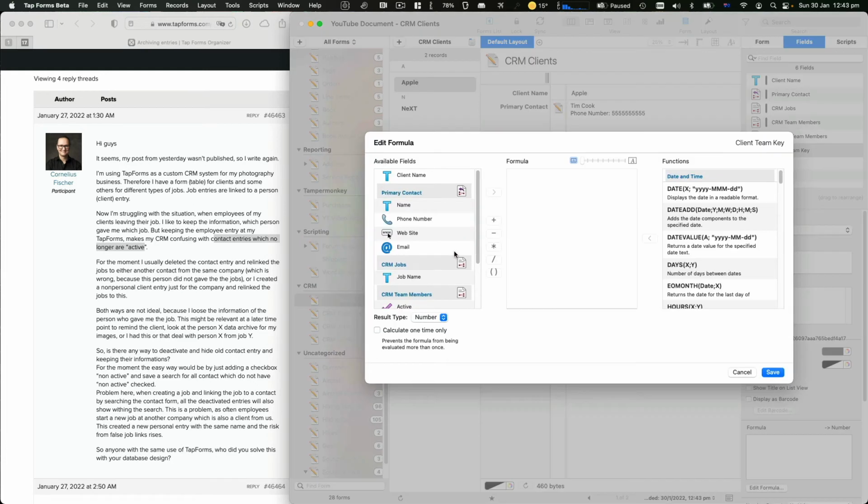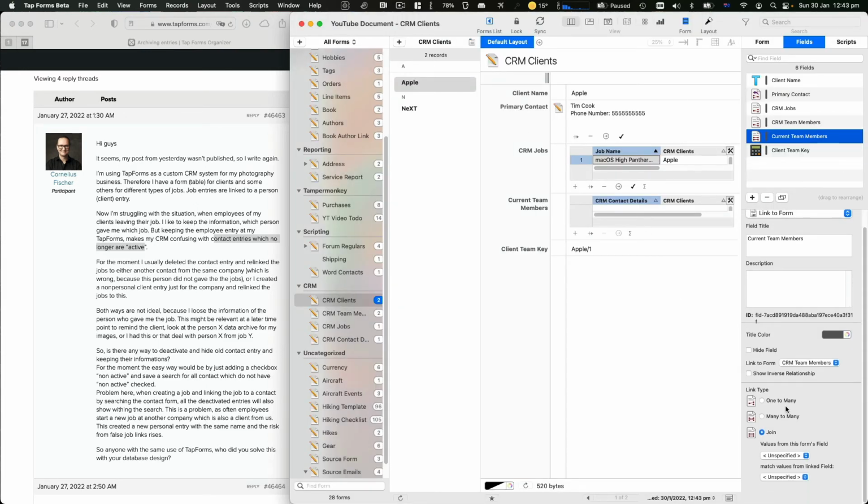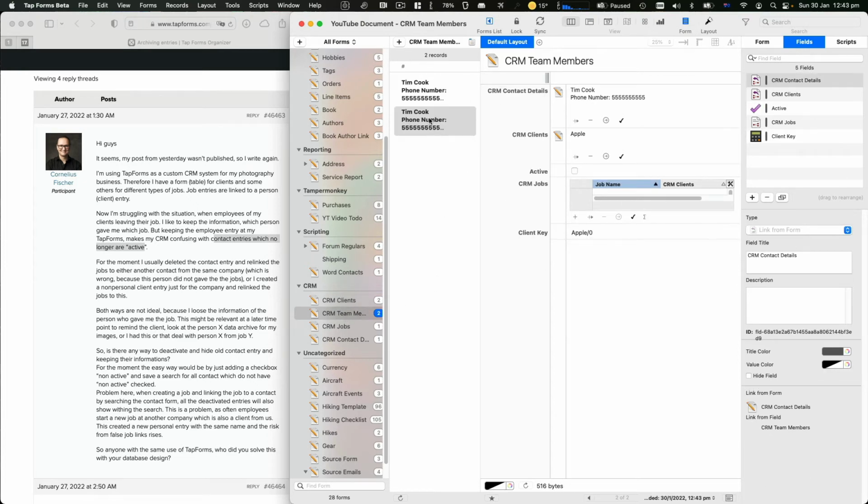And that's going to be also the client name, and then a 0/1, I should say. And that's going to be text, and we're going to hit save. And then the join key on here is going to be client team key from this field to client key in the other one. And so what that should eventually do is, when we go back to team members, we can change